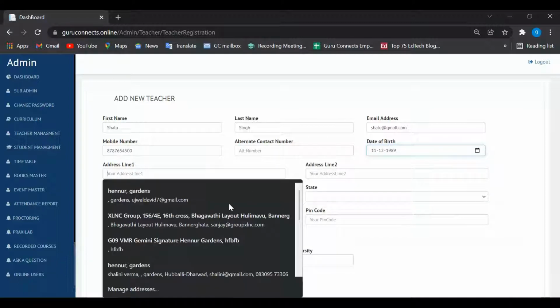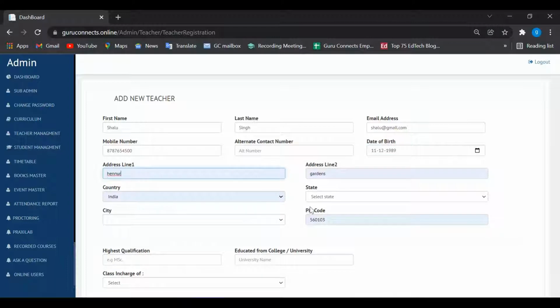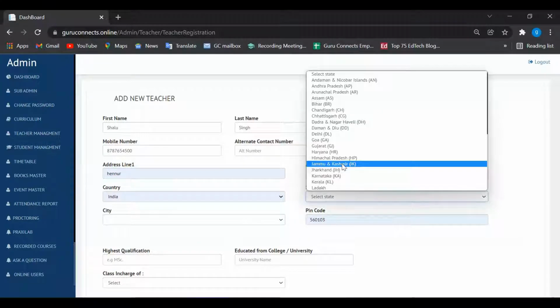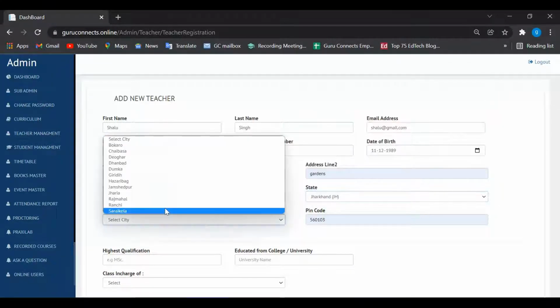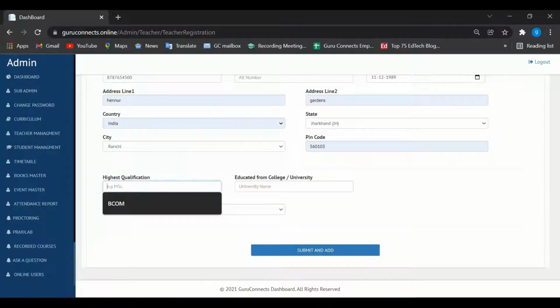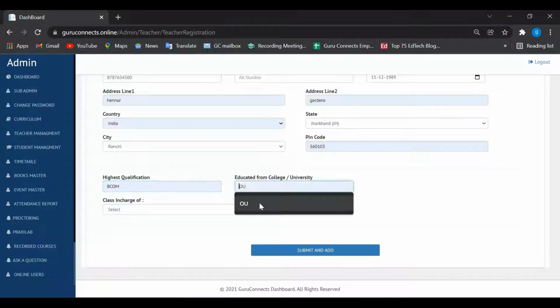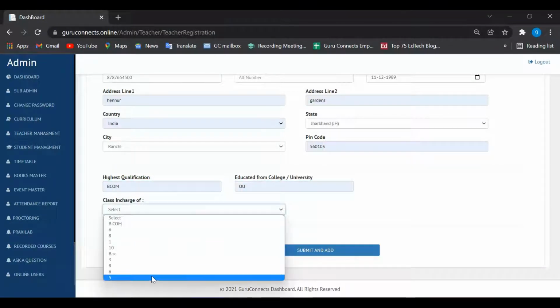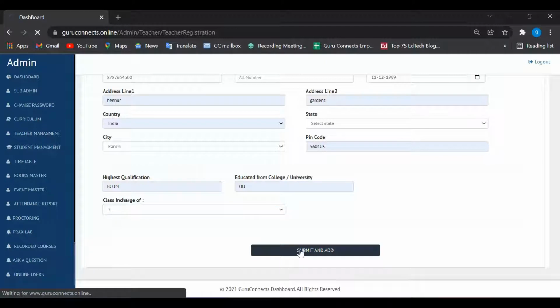Then the address can be anything of the teacher. We have given it, and you select the state, select the city, the highest qualification, university name. If you want to assign a class in charge, you can go ahead and assign it and hit submit.